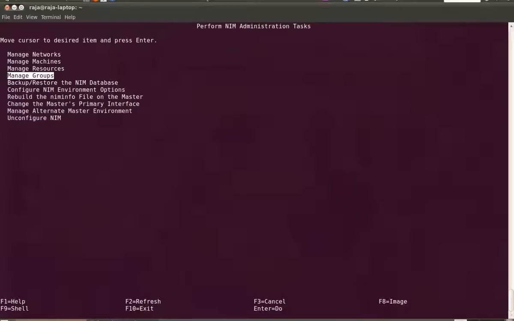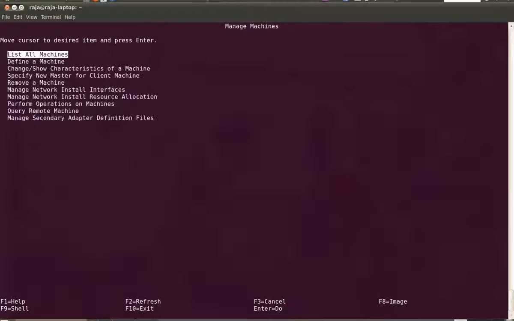You can manage groups of machines. If you want to unconfigure the NIM server, you go for the last option, that is unconfigure NIM. In manage machines, you can list all the machines, define a machine, remove a machine, as well as perform operations on a machine.